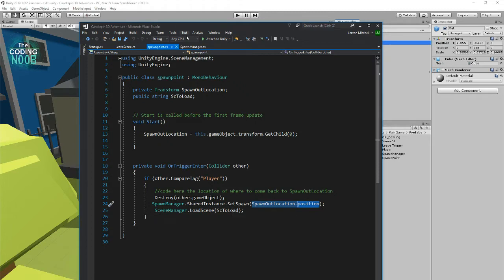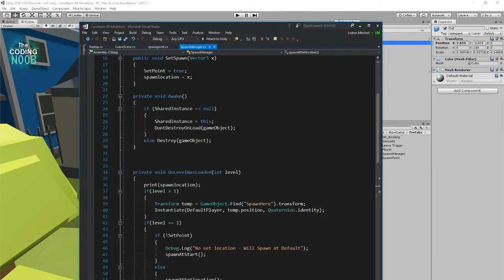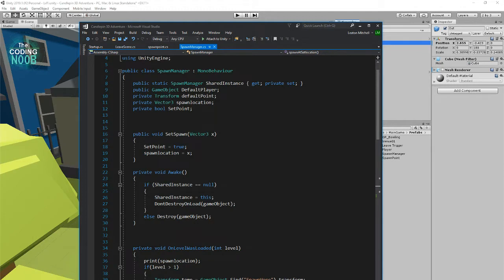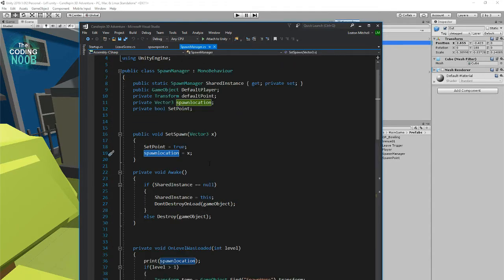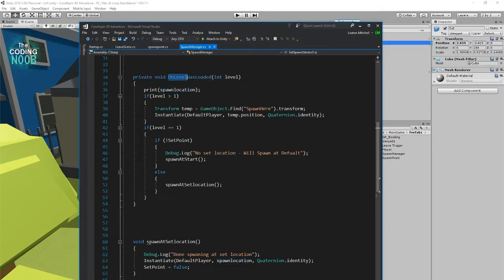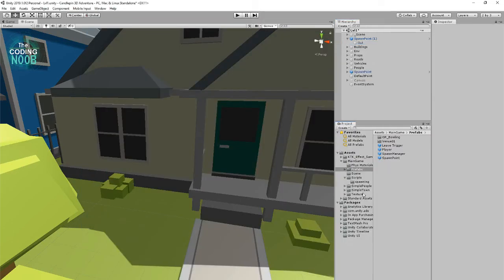So set spawn, which is what happens here. So now that the spawn is set, we set this to true, and this is now the new spawn location. And then we'll load the scene. And you know that once we load the scene, the on scene loaded gets triggered. We're gonna be at this point where we find the temp, find the spawn here, and we spawn it at that set location in that scene,